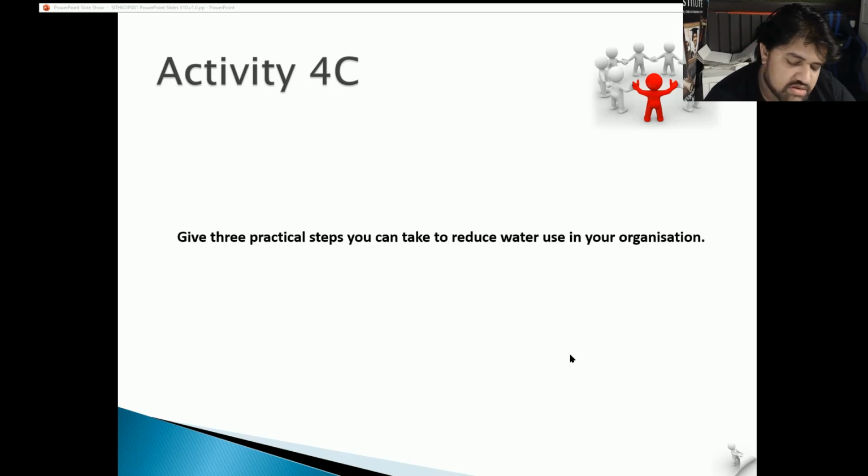You could also only use the tap, or only have the tap running when needed. Don't have the tap running wastefully, so that you're wasting a lot of water. You can also